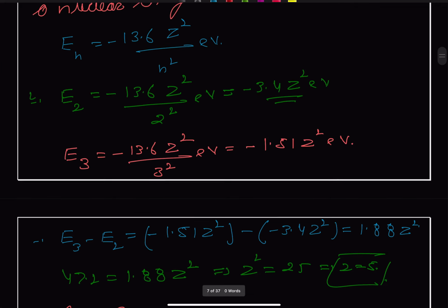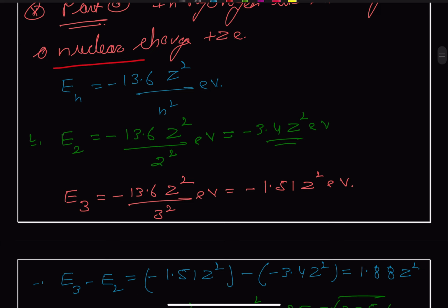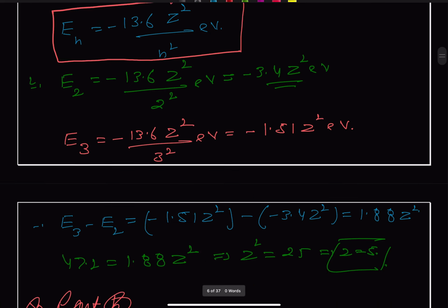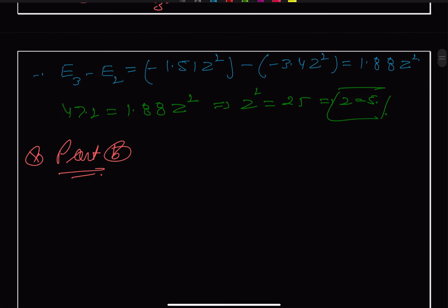The formula we are going to use is the energy for the nth orbit. So E of 3 will be minus 13.6, and Z is 5, so this comes as multiplied by 25, divided by 3 square, that is 9,